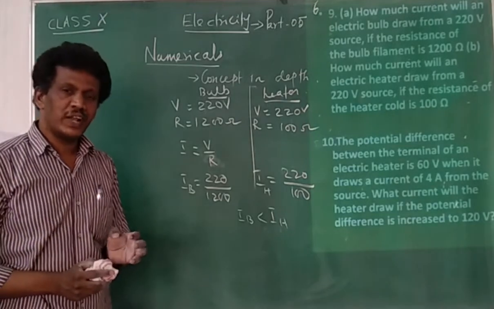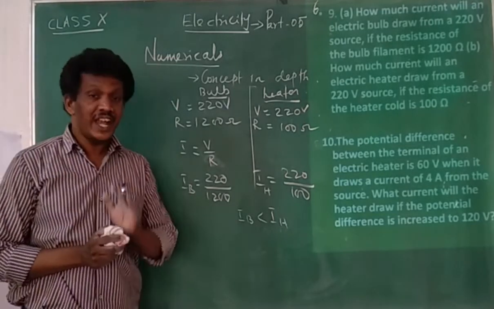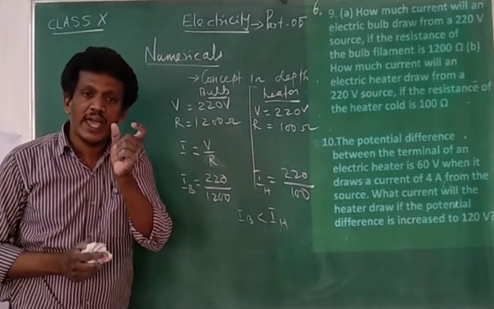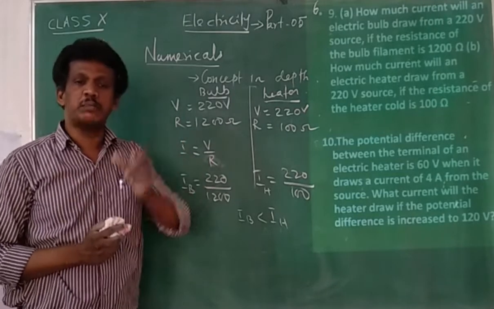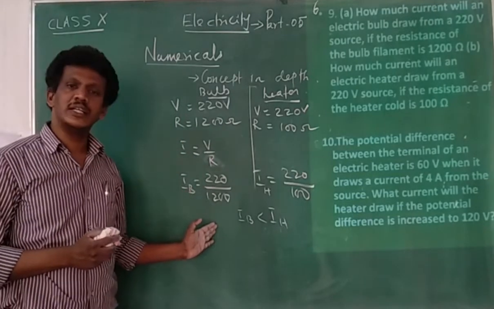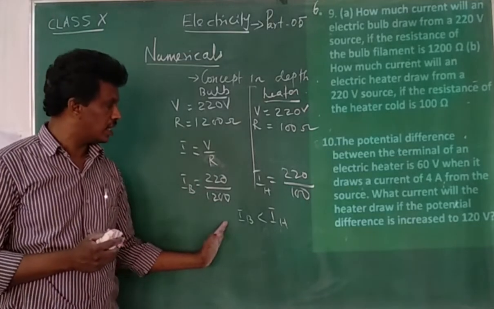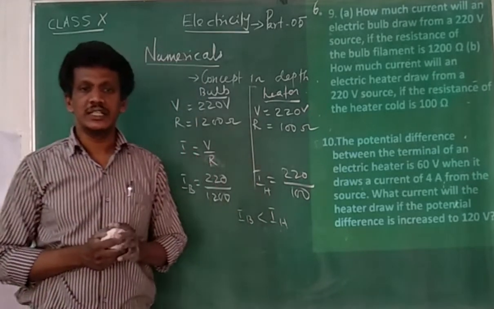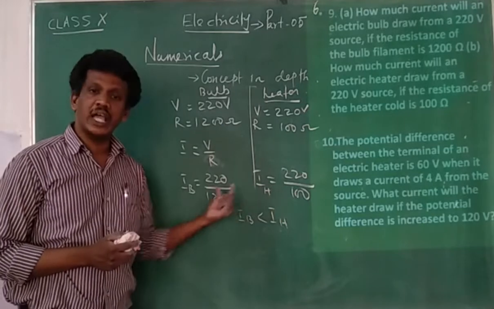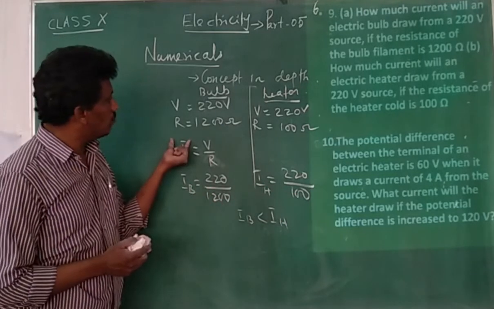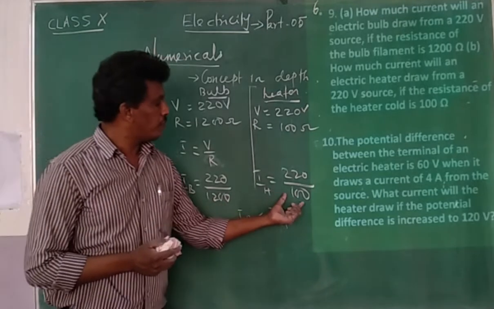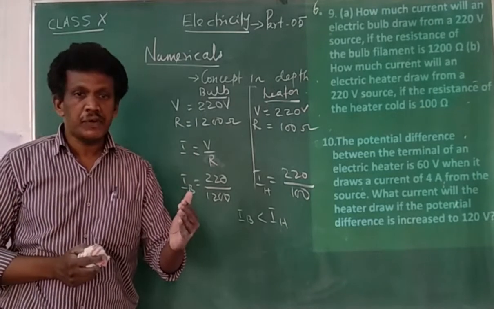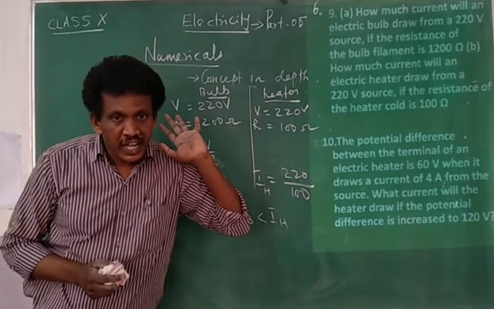You can understand, when I was explaining about the electric fuse, I discussed that, compared to the electric bulb and electric heater, the fuse wire melts at a different temperature. So here what is the current? Suppose you are taking 1 ampere here, the same 1 ampere will not be there. It will be what? Maybe 5 ampere. This is called the operating current for the electric bulb. It is roughly 1 ampere. It is roughly 3 ampere, because each electrical component has a different operating current.